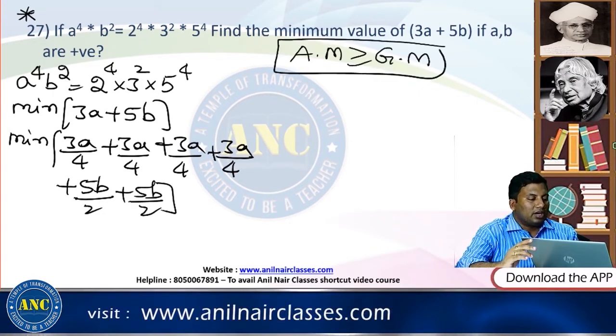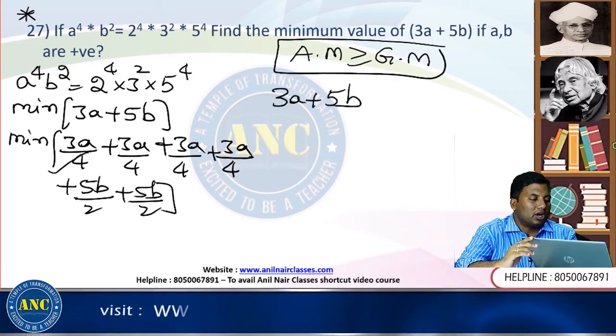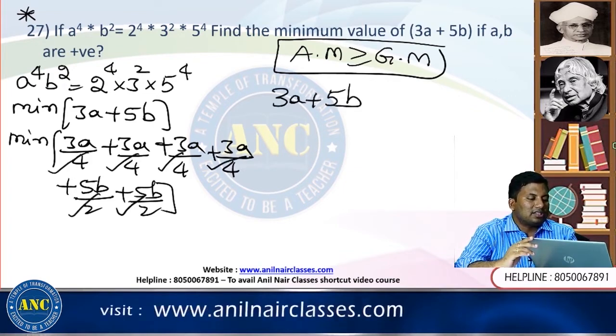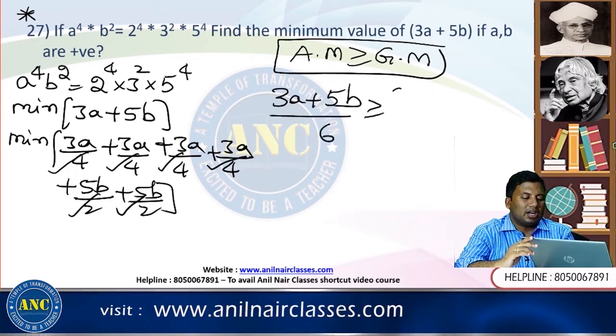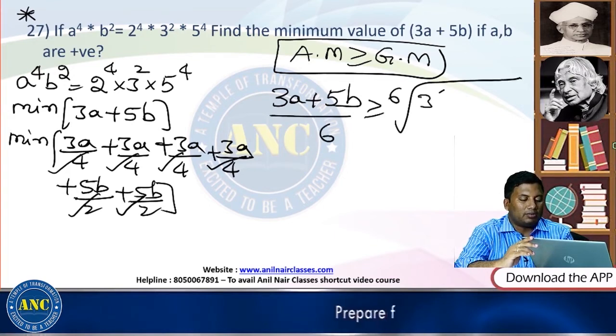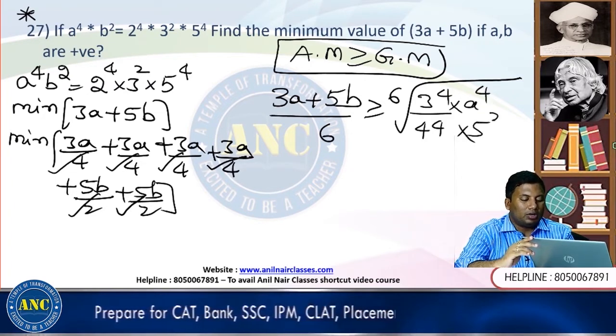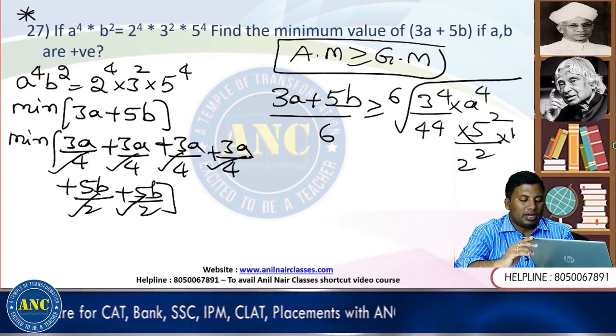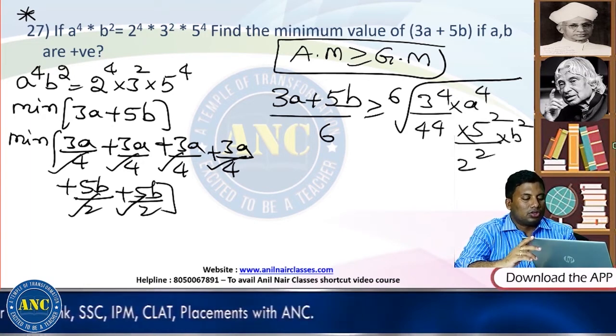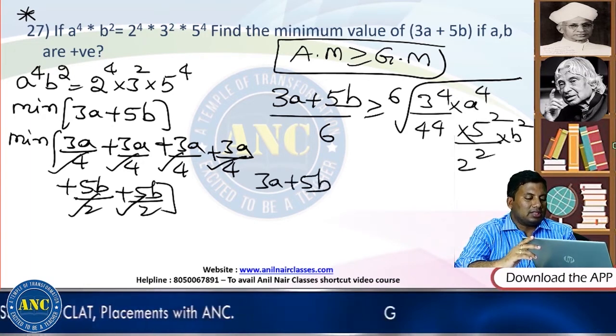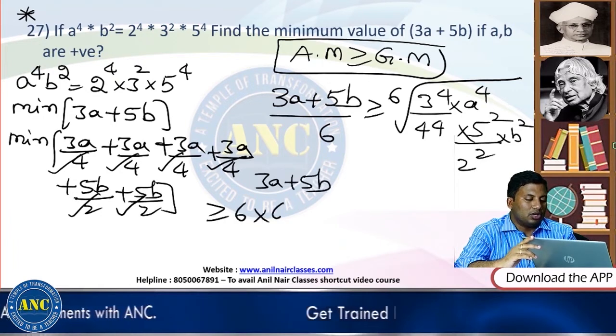AM greater than or equivalent to GM. If I add all this, this will be 3A plus 5B. Total how many terms are there? 1, 2, 3, 4, 5, 6, so divide by 6. Greater than or equivalent to the 6th root of (3A by 4) multiplied 4 times, which is 3 power 4 by 4 power 4 into A power 4, and (5B by 2) multiplied 2 times, which is 5 square by 2 square into B square. So 3A plus 5B is greater than or equivalent to 6 into the 6th root of